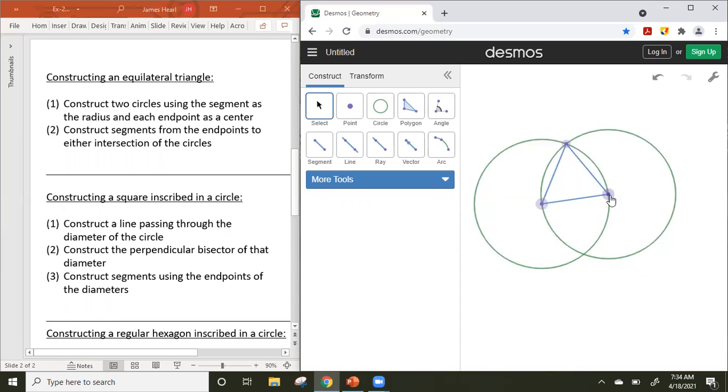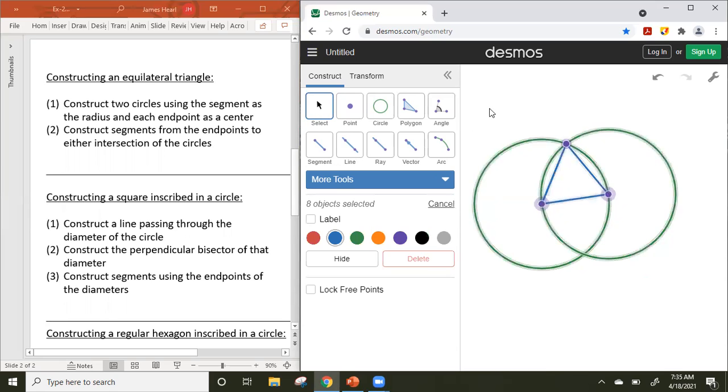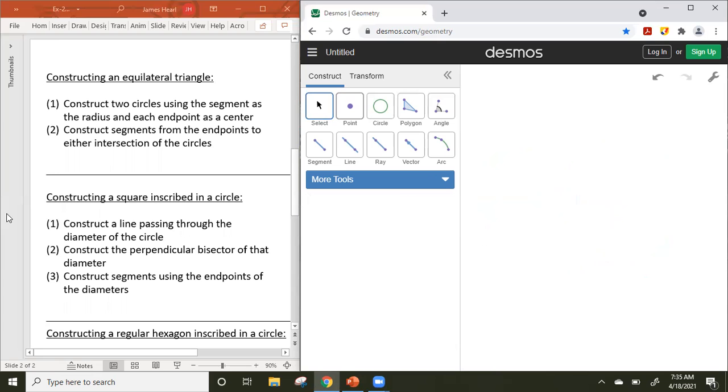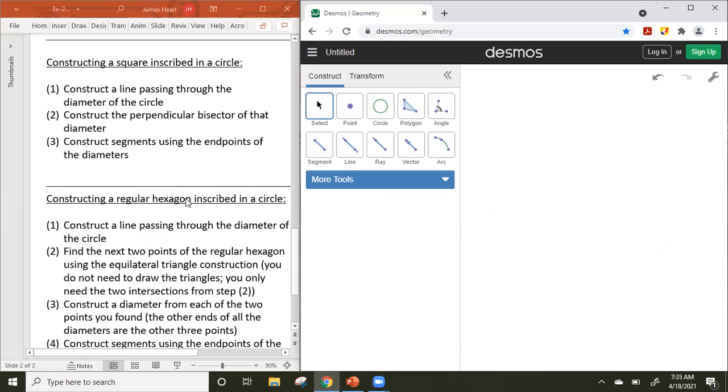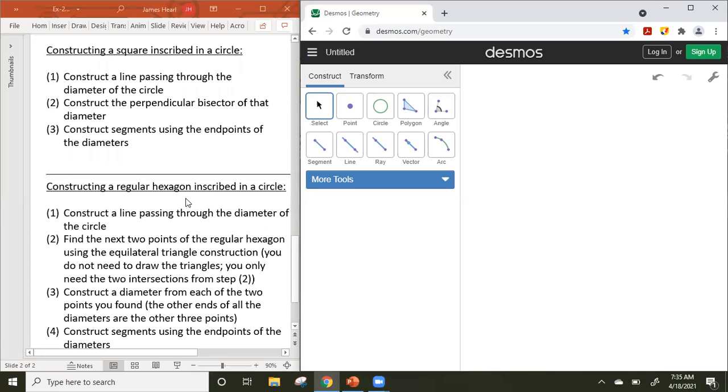So you know these two circles are exactly the same, which means this point up to here now matches this one down to here because they are literally radius of the same size circle. If all 3 sides are the same, we call the triangle equilateral. It's a very quick construction. Doesn't take too much effort to create that one. But we're going to use the same concept for that to generate the square and the regular hexagon as the